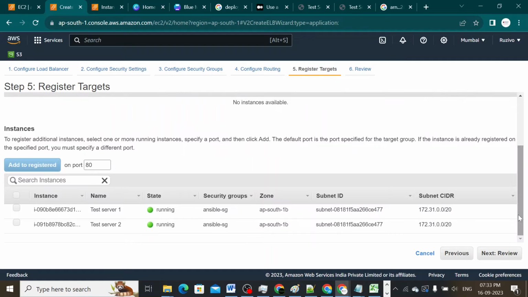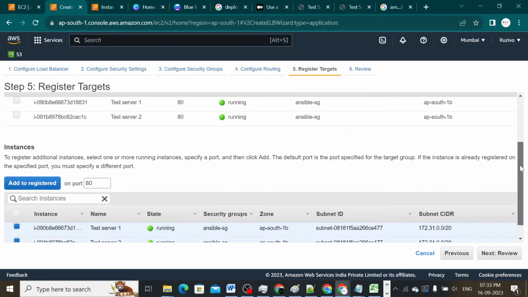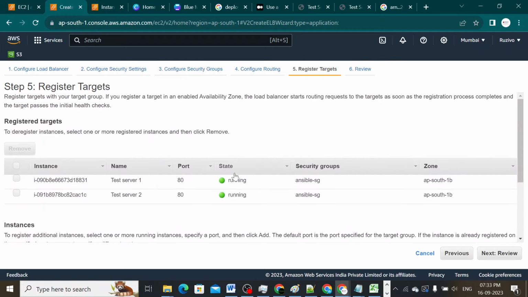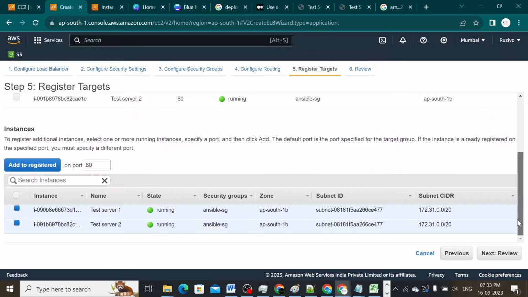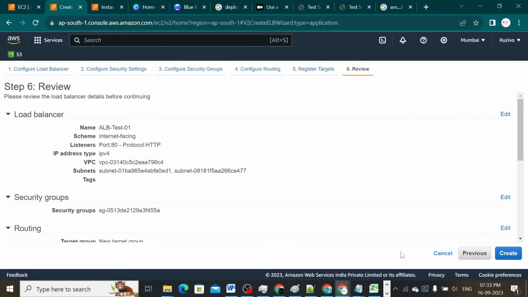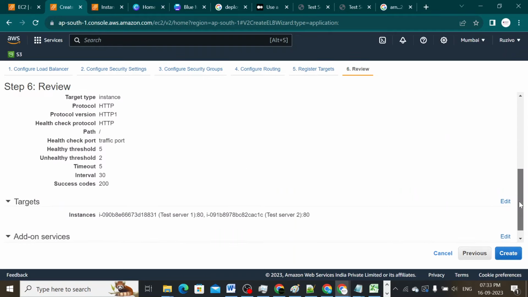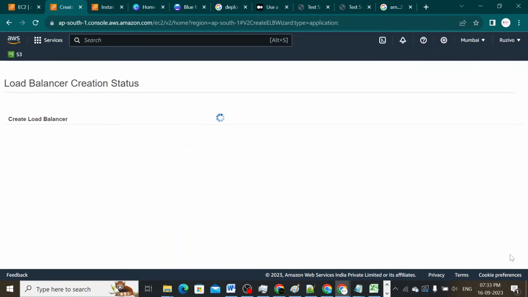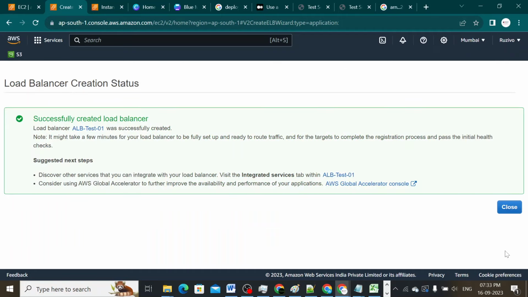So now we have two instances which are working on the same security group. I just need to add and register them to a target group. So here it says register. These are the two running instances I wanted to have. So I'll just click on review. You just make sure that you click on register, and then I just click on OK and test